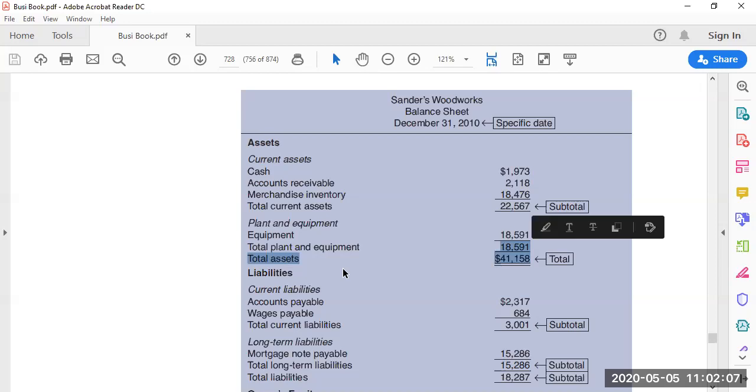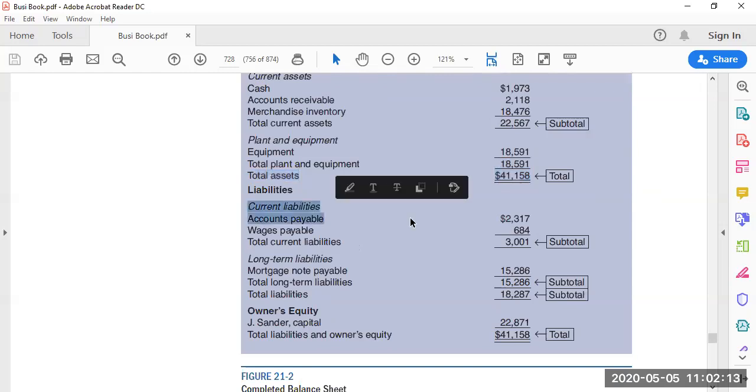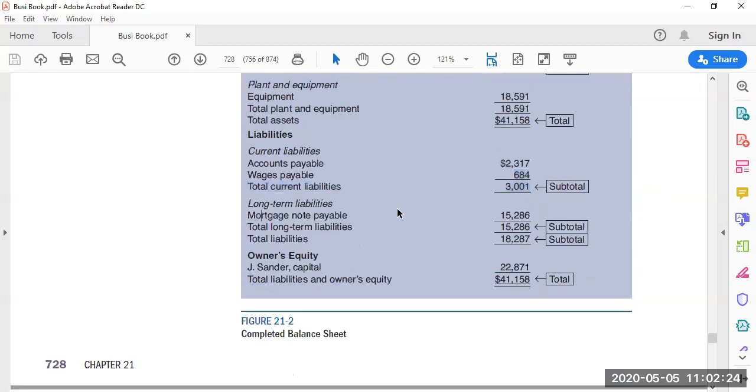Okay? Then you go down to your liabilities, you set up your liabilities, you itemize your current liabilities, you put them in order. When you total them, single line. At the end of them, you draw a single line for your subtotal for your total current liabilities. Then the long-term liabilities. Total them up, add a single line, then under that,